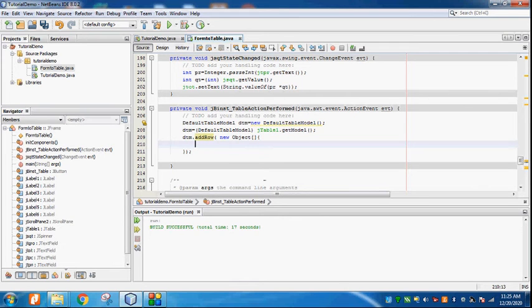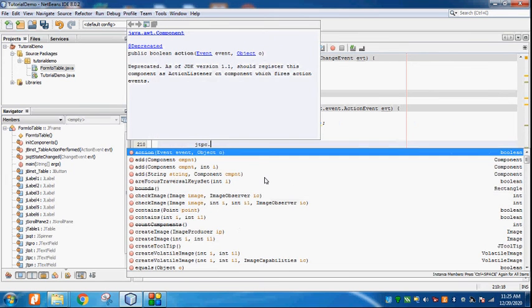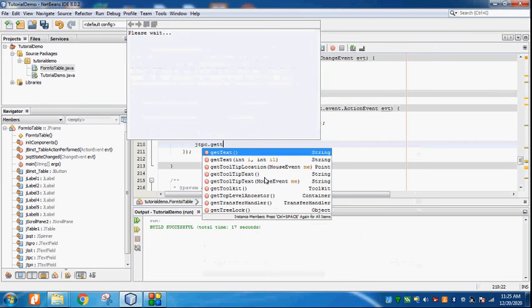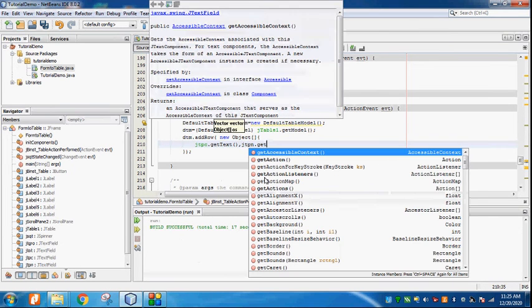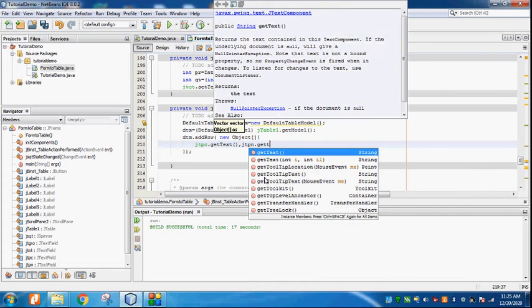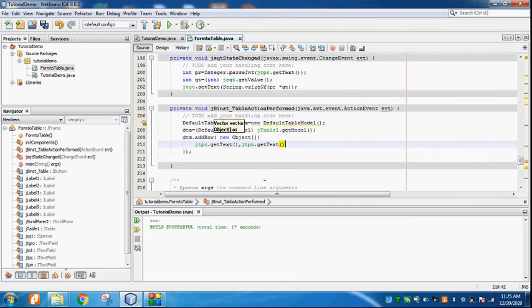So first column is the product code, so it would be jtpc dot getText. Next, product name, so the text box is jtpn, product name dot getText. Then I want to send the spinner value,